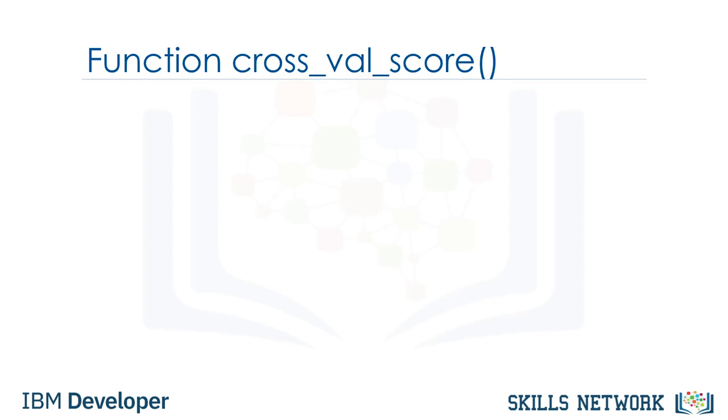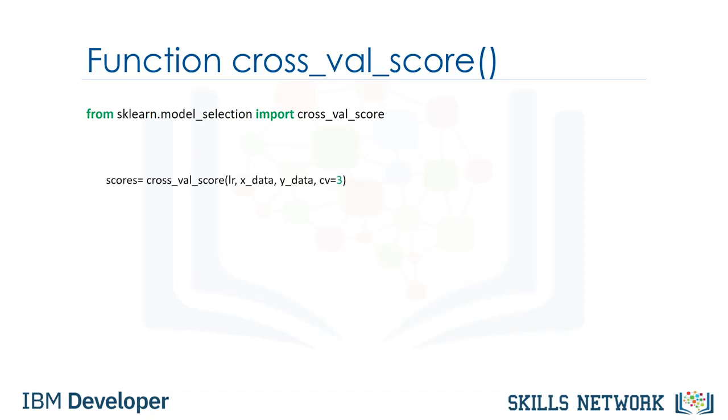The simplest way to apply cross-validation is to call the cross_val_score function, which performs multiple out-of-sample evaluations. This method is imported from sklearn's model_selection package. We then use the function cross_val_score. The first input parameter is the type of model we are using to do the cross-validation. In this example, we initialized a linear regression model, or object lr, which we passed to the